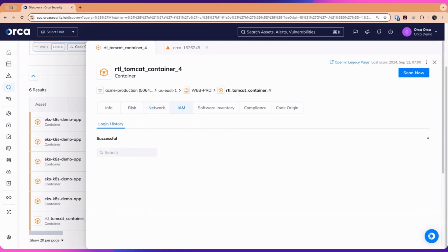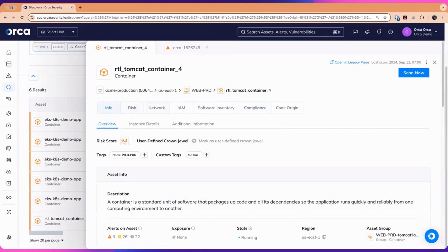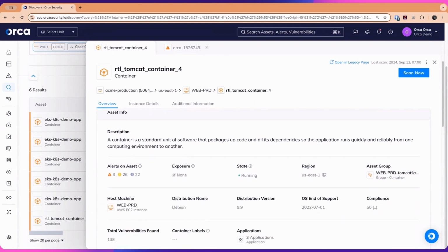I can look at, this apparently isn't running as a role. I can look to see if there are compliance benchmarks that we're working with that may apply. So I get all of this view. Now, foundationally, once again, my problem as a security person is I see some issues here, like this is running